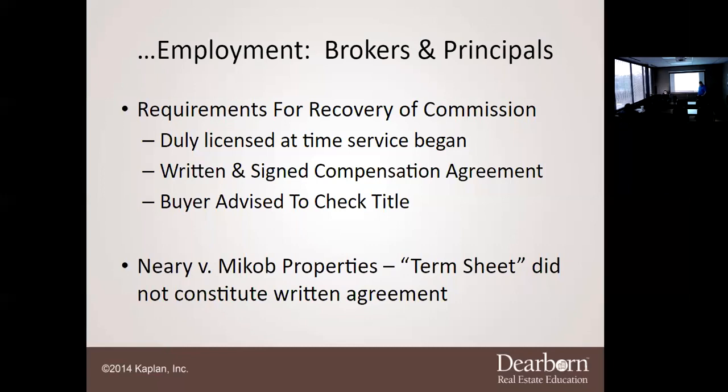So are you saying, if he had a transaction and he was fixing to close, he would not be able to get that commission? Or is it for the entire year? No, just for that one transaction. But if he has 10 transactions going and he lapses for one day, he's not entitled to commission in all of those 10 transactions.